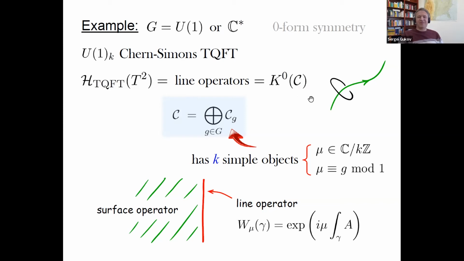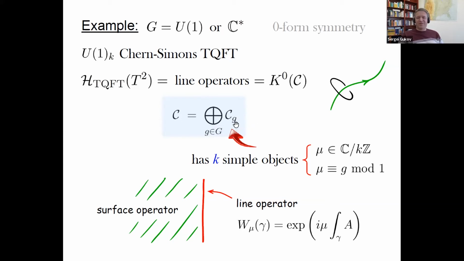So here, the category in this case of quantum group based on U1 at that root of unity can be considered as a sum of categories, each of which has k simple objects, which is not surprising if you work with the quantum group of U1 at level k. But what's interesting is that the sum is labeled by elements of our G, which in the present case is U1 or C star. So in fact, for any choice of G in U1, you get a copy of this category,